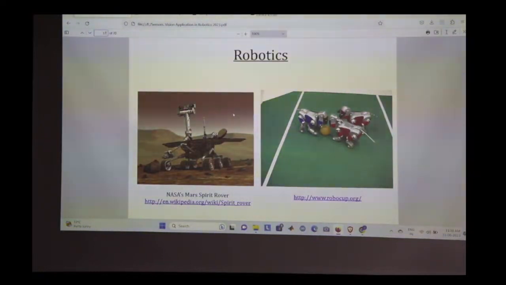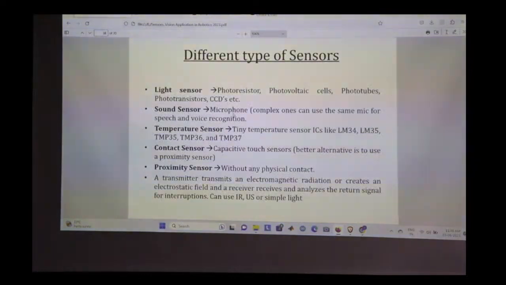Okay, like going to Mars and collecting samples and other things human beings cannot do, but this is possible. And there's another diagram picture that tells about the interactive entertainment part also, which robotics can be used. Okay. Now we'll talk about the different types of sensors that we are using in the smart robots or the